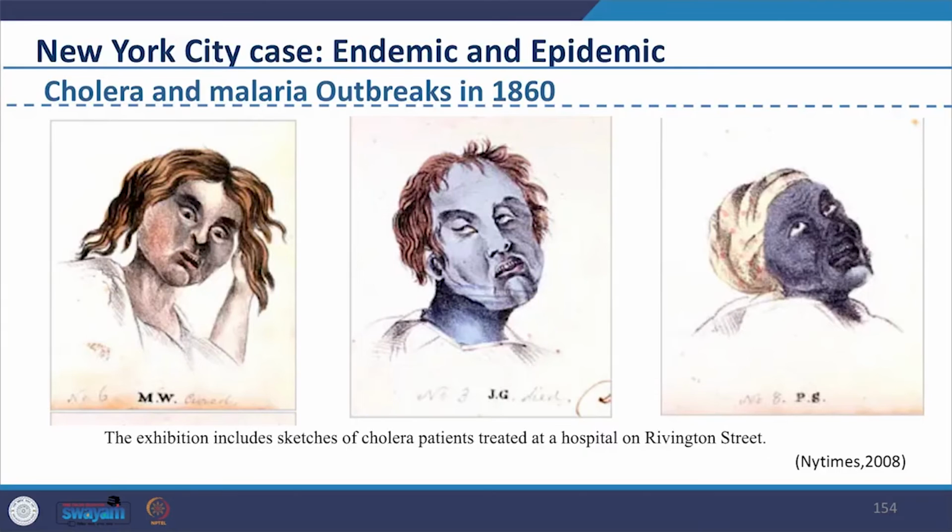Cholera sparked dread in 19th century cities, not just because of how many victims it claimed. Mortality from tuberculosis and other diseases greatly exceeded that from cholera, but cholera was feared because of the violence and surprise with which it attacked. In a matter of hours, ripples of cramps, vomiting and diarrhea would transform an apparently healthy person into a pinched and darkened corpse. You can see the sketches of the time showing how healthy people were transformed into darkened corpses.